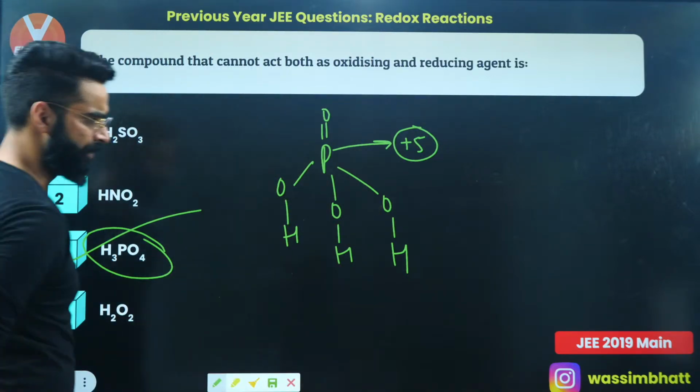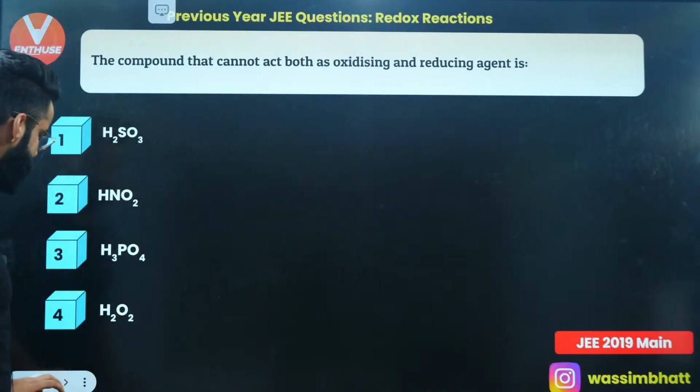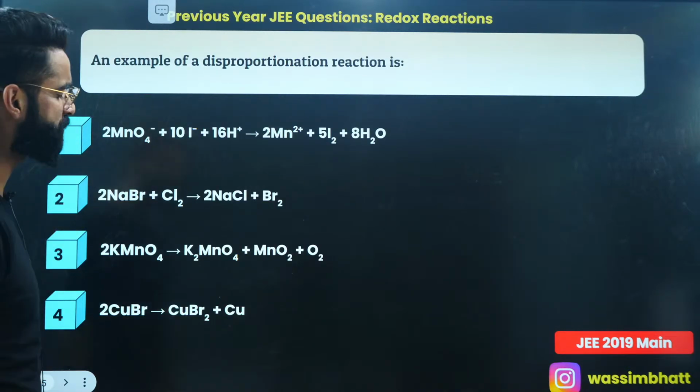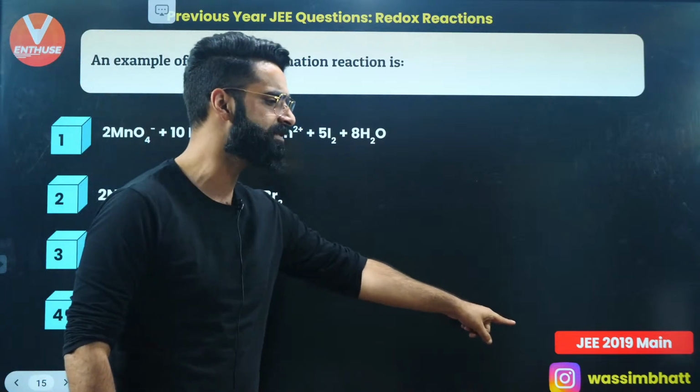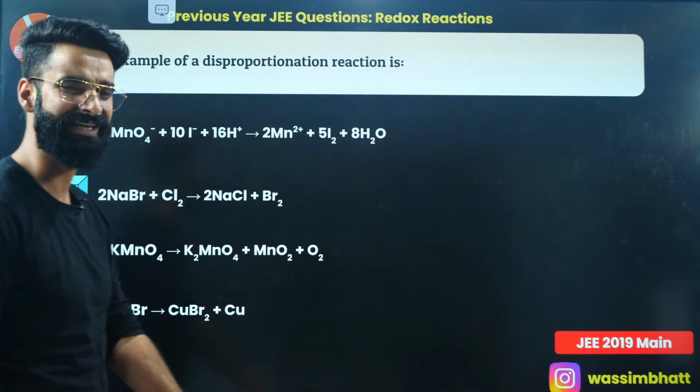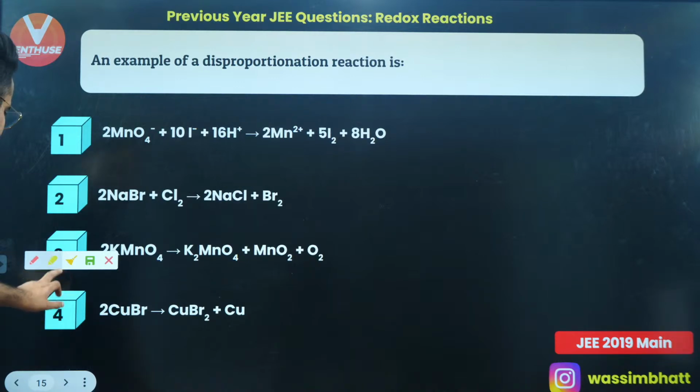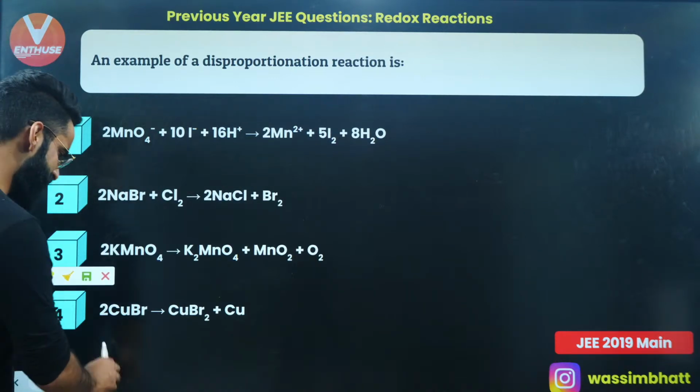So the question was asked in your JEE Mains 2019 from the same chapter. An example of a disproportionation reaction. The question was asked in the JEE Mains 2019 March attempt. You can solve this one as well. If I look at all the reactions, I need to see which one is the disproportionation reaction. If you look at the last reaction,